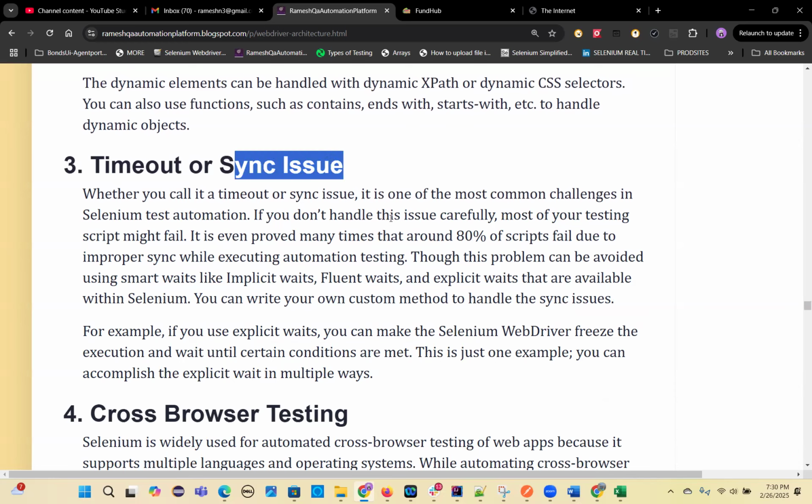Synchronization issues. So when you are loading the pages, when you are opening the pages, what will happen is